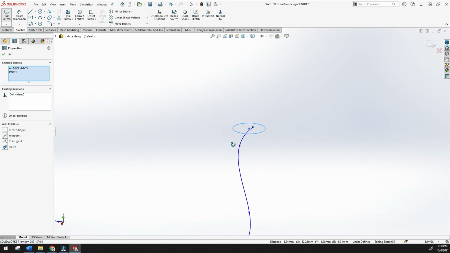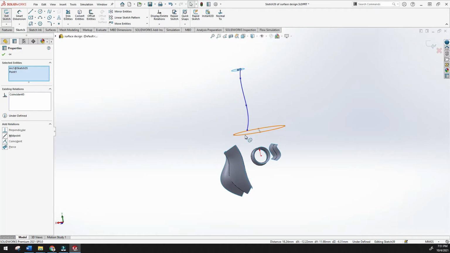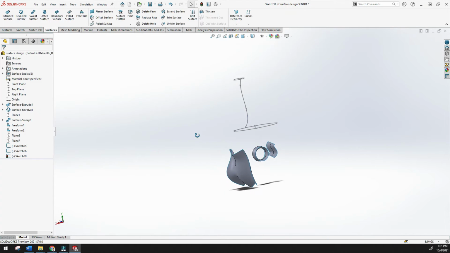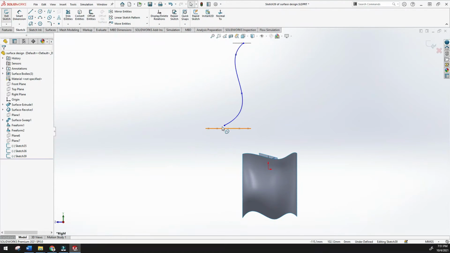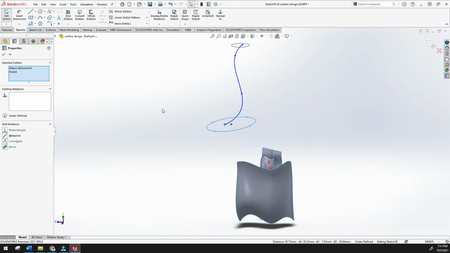It is connected by the center, just to the plane of this circle. Now connect this and this point: edit sketch, select this point and this sketch, and try to connect with coincidence. There are two ways to connect, coincidence and pierce. Midpoint and perpendicular you cannot use to connect.